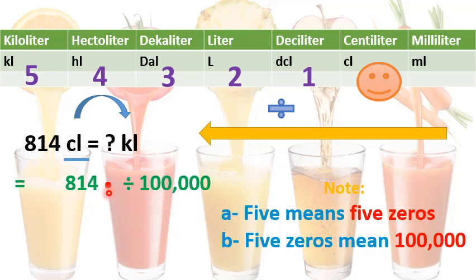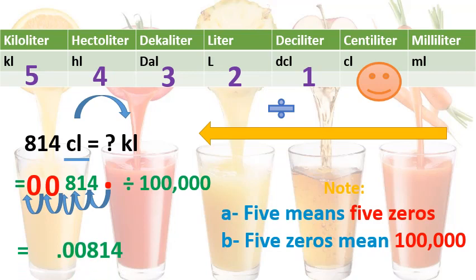To the right or to the left? To the left. Why? Because we have division. Let's start moving the decimal point 5 places. 1 place, 2 places, 3 places, 4 places, 5 places. Uh-oh. Over here, we have 2 empty spaces. What should we fill these empty spaces with? We're supposed to fill them with zeros. So this is the first 0. This is the second 0. So now the number is going to become